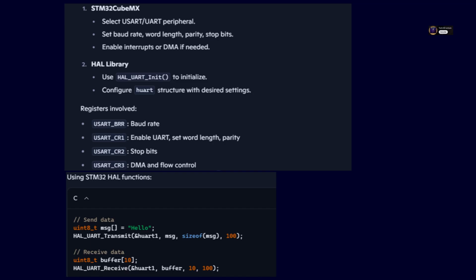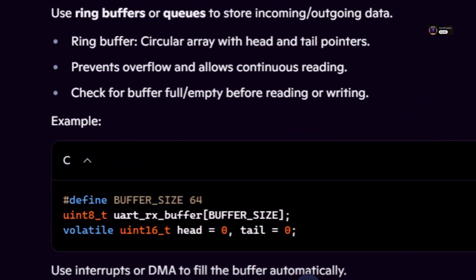Those DMA and interrupt versions sound essential for efficiency. When you're receiving data, especially continuously, how do you manage the buffers? You can't just use a small fixed buffer, right? Exactly. For receiving data, especially if it's arriving asynchronously or in bursts, using a simple fixed buffer with HAL_UART_Receive